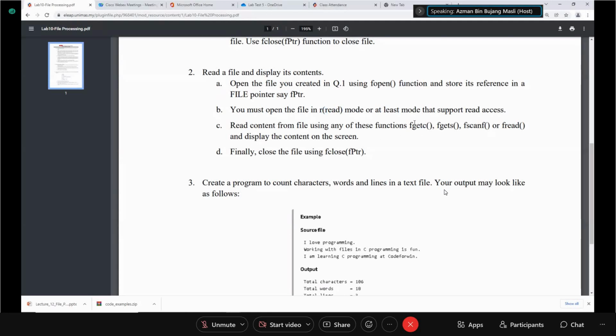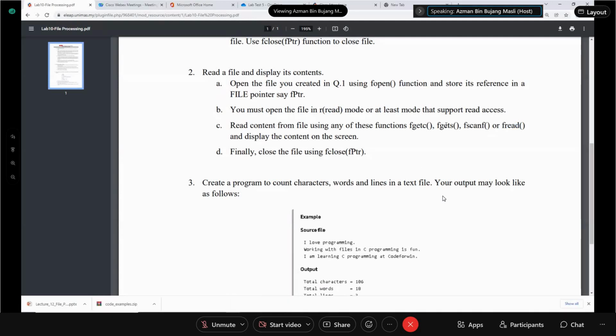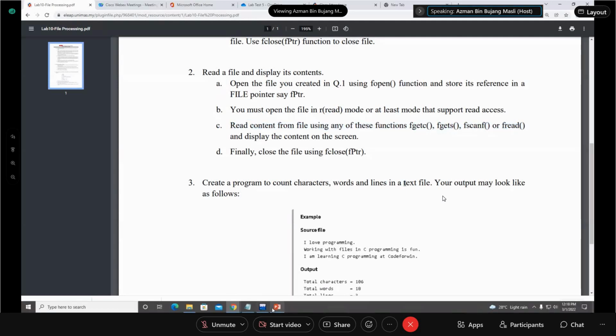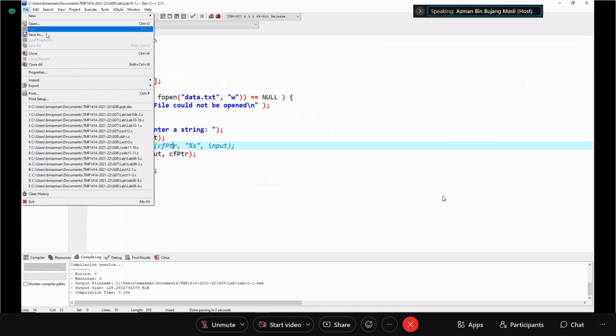You can use fgetc or fgets. fscanf can also be used to read the file. fread is for binary files. So we can use fgets.